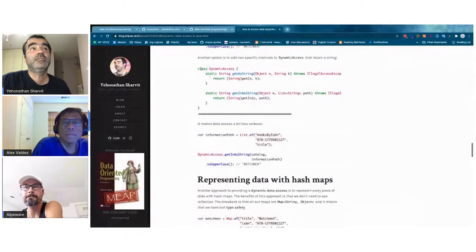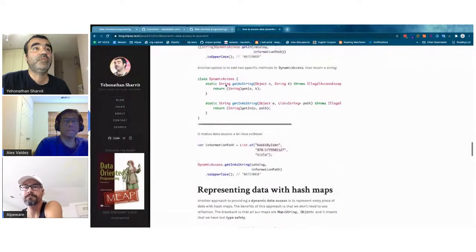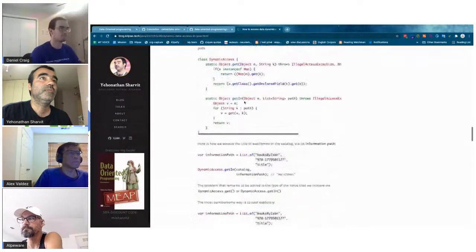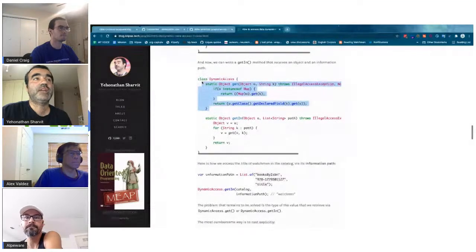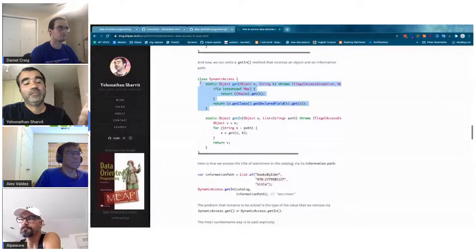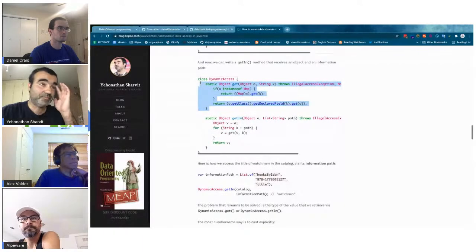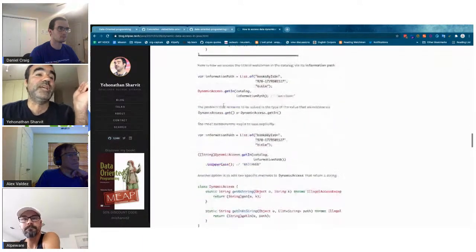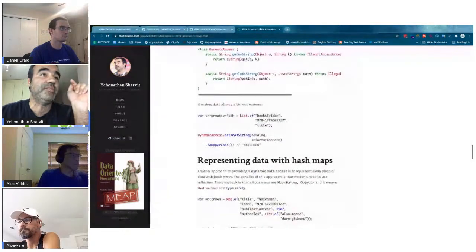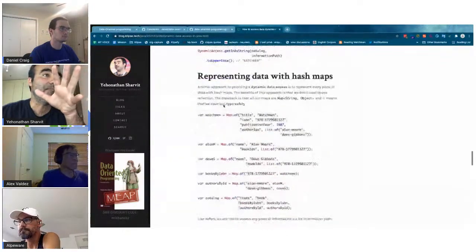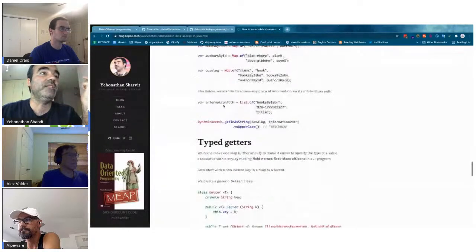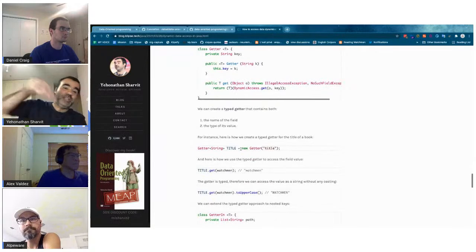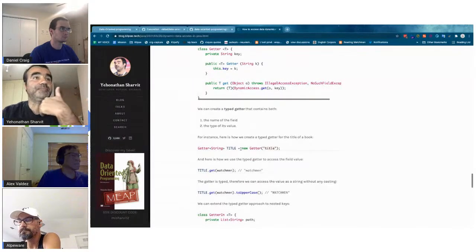So that's the code for using reflection. Yeah, here is the code for accessing an arbitrary field in a Java record. So that's one approach. And another approach, which is more interesting, I think, and more Java-like, is to define a getter, but not inside the record, outside the record.